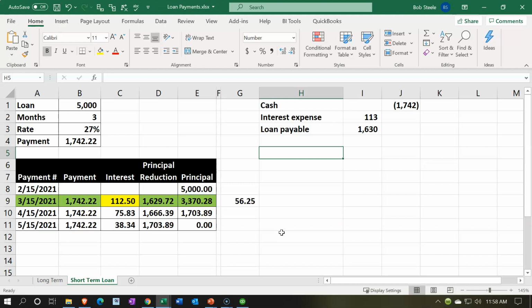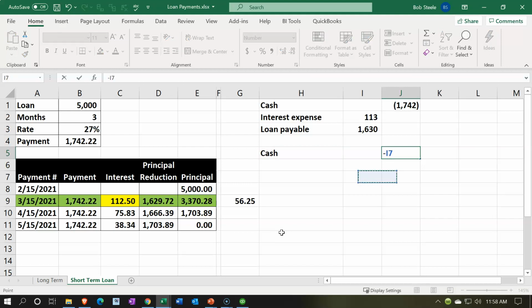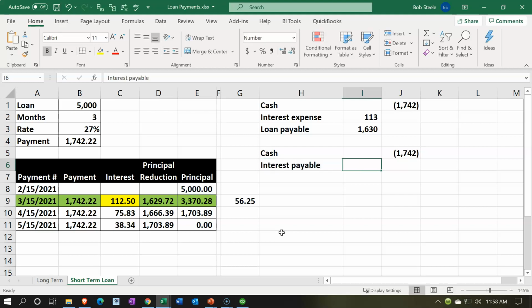So to record the transaction, we'd say, well, cash would still be going down by the 1,742. And then we'd have the interest expense. Well, let's do this. But we'd also have the interest payable that needs to go down because it's on the books. It needs to go away because now we're paying off the payable. So the payable's on the books as a credit. We would need to debit the payable, which would be for that